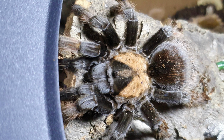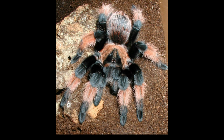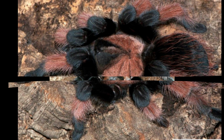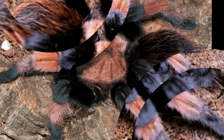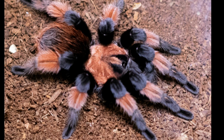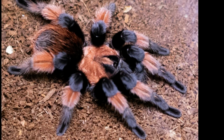Females can get a leg span of between 5 to 6 inches, which makes them a nice sized tarantula. They are a medium sized tarantula, and a medium sized growth as well. They've got gorgeous red, orange or pink markings on the legs, and just a nice dark tarantula with a gorgeous marking on the head as well. Absolutely beautiful. Alright guys, let's get to number 1 on the list now, which is